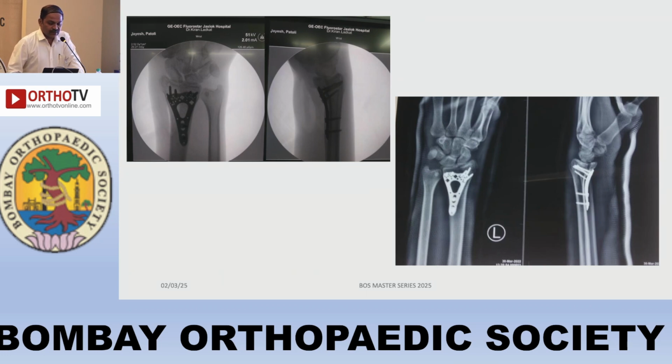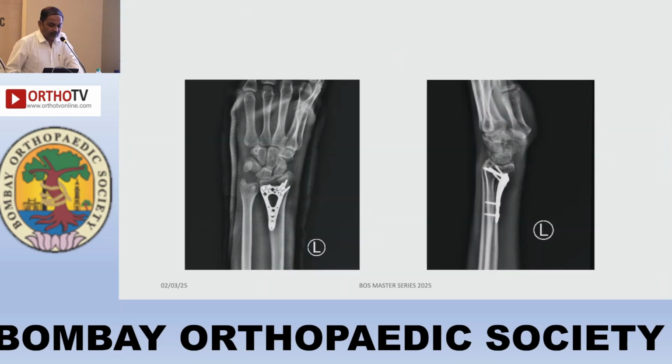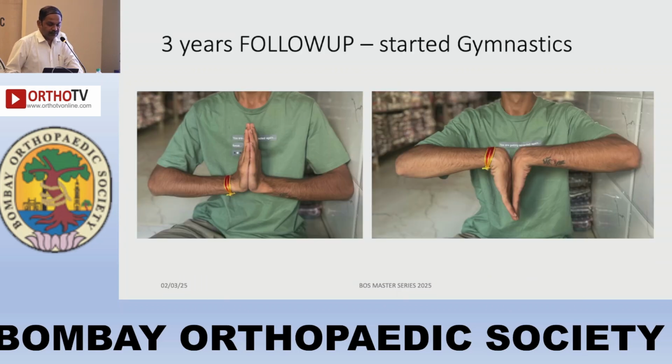Now, these are the CT images after the fixation. We could get the reduction in well and fix this fragment. I've added 2 screws into the radial styloid to give an additional buttress to the radial styloid. Now, in the long run, he went on to heal. Although there is a subtle articular step seen on the volar lip fragment, it settled down very nicely at this 6 months post-surgery image. Subsequently, he went on to heal well with good function at 3 years,